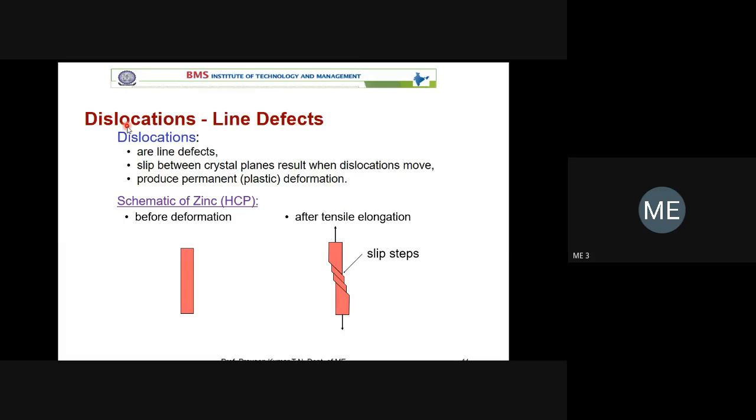One is dislocation. Once you say dislocation, it's a line defect. One is point defect; the next, higher order defect is line defect. In a simple way, we can say that a group of atoms in a line, one line of atoms, is missing. Imagine there are 3 rows of students standing during the celebration of Republic Day. If one line of students moves away from the gathering, then it is referred to as a dislocation or line defect. One complete line of students is leaving the area.